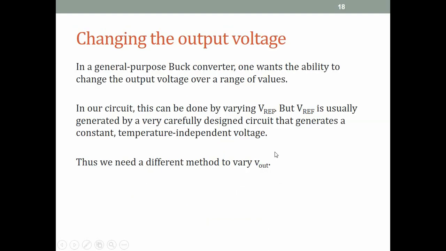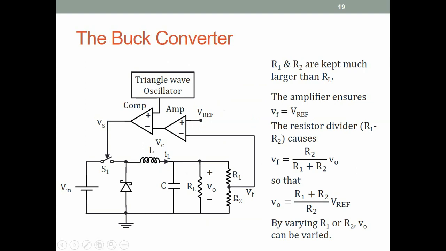Alright. So the way we do this is we add two more resistors, R1, R2, in parallel with RL. We make R1, R2 much greater than RL. So R1 plus R2 may be 1,000 times RL, so that the effective resistance is still RL because R1, R2 are much larger. And so these R1, R2 don't really affect the operation of this lower half of the circuit.